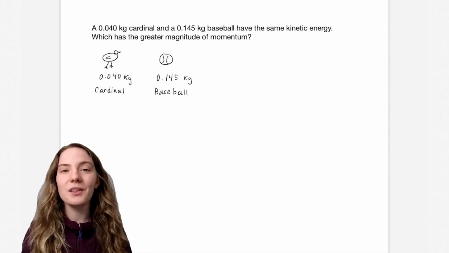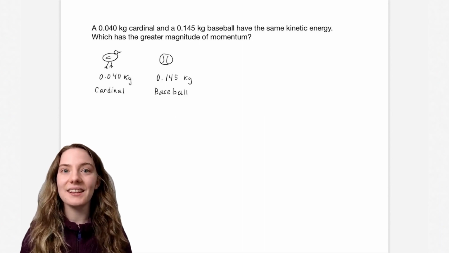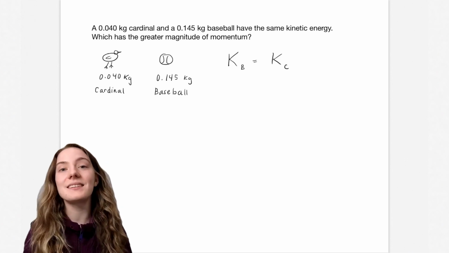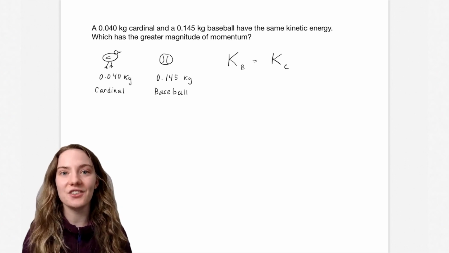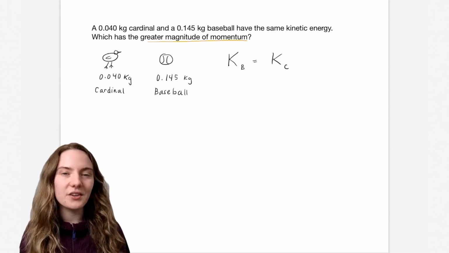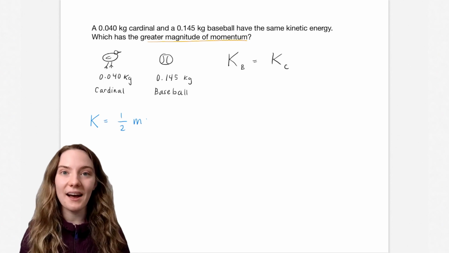Now let's start by looking at the first line of this question. It tells us that these two objects have the exact same kinetic energy. So we can write that the kinetic energy of the baseball is equal to the kinetic energy of the cardinal. And now we need to ask ourselves, what is the equation for kinetic energy? Well, kinetic energy is equal to 1/2 mv squared, where m is the mass of the object and v is